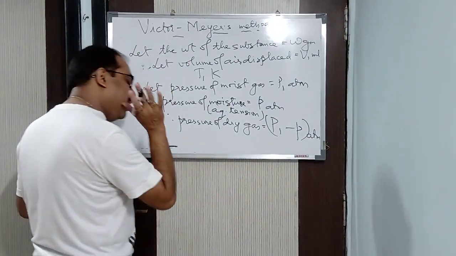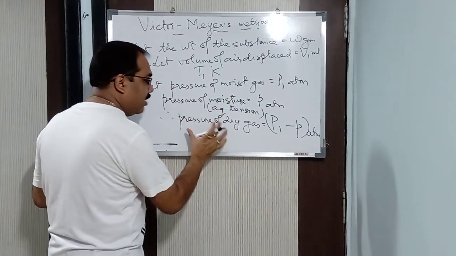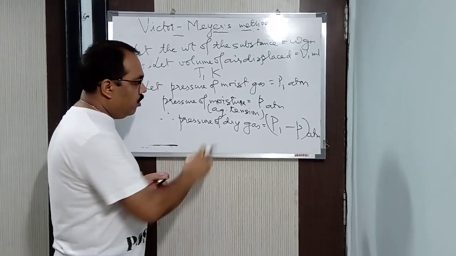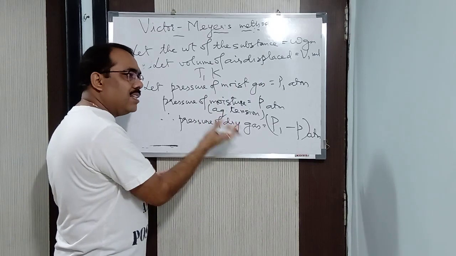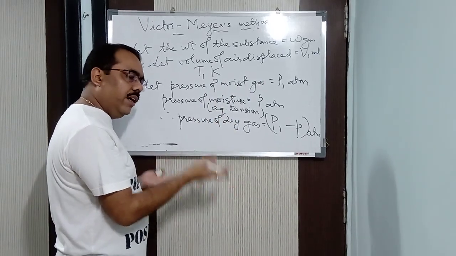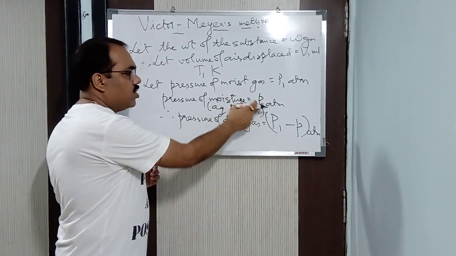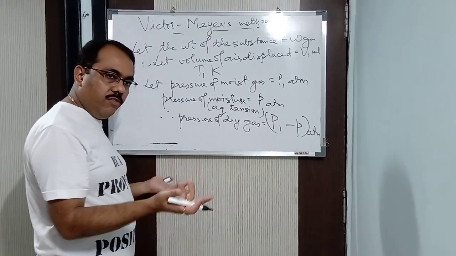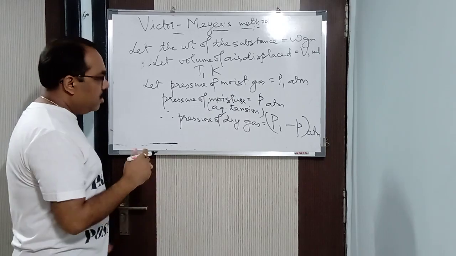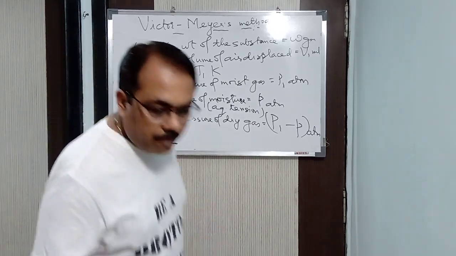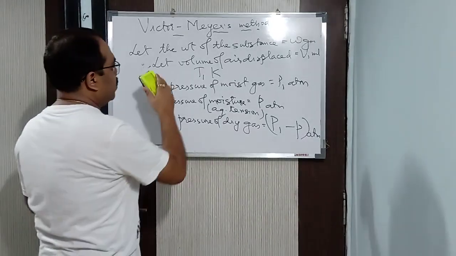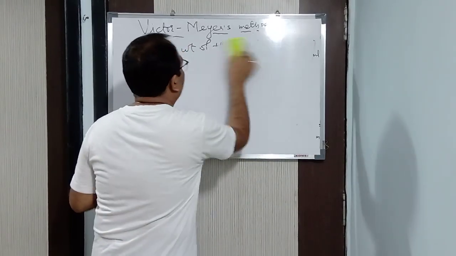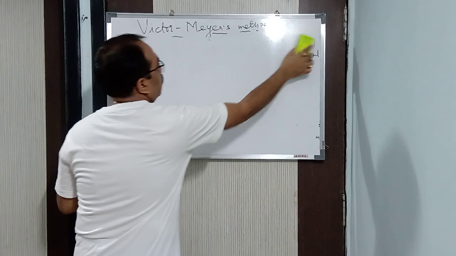That's it. So it is always necessary that you calculate the pressure of the dry gas. How will you do so? The pressure of the moist gas, because the gas which you are collecting is a moist gas, definitely you are collecting over water. Then the pressure of the moisture is p atm, that is aqueous tension. So what is the pressure of the dry gas? This one. Finished. Now, next you will put this formula in the perfect gas equation. What is that perfect gas equation?